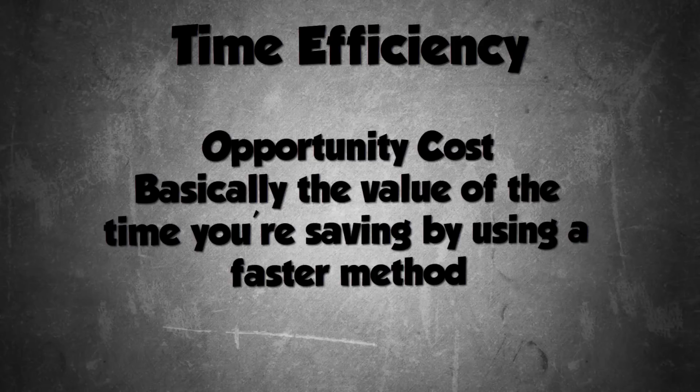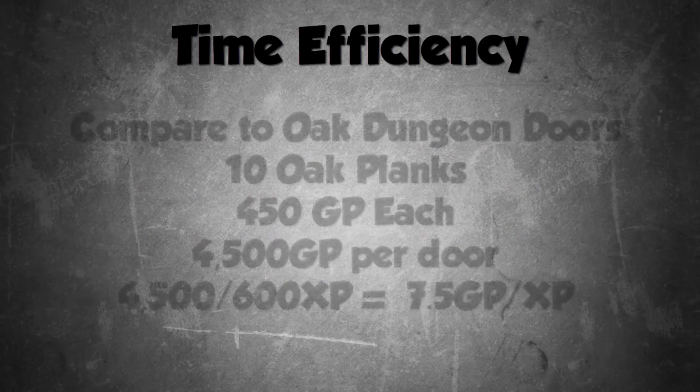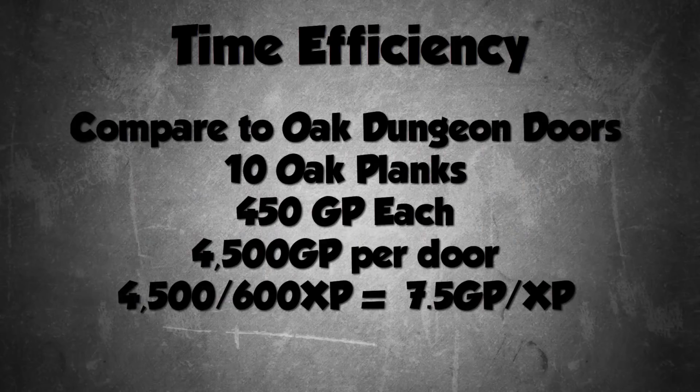And is it basically overvalued or undervalued based on the other method, the slower and cheaper method? So for this video, the slower method we'll be using will be the oak dungeon doors. Now, I'll calculate GP per experience for this. So it's 10 oak planks, which cost about 450 GP each. It's 4,500 GP per door, so 4,500 GP divided by 600 XP is going to give us 7.5 GP per